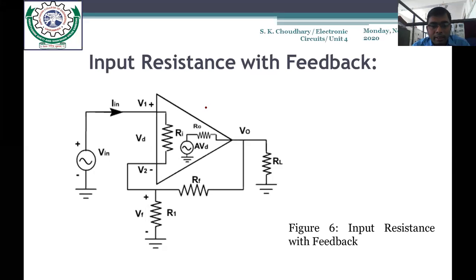Okay, so here the same circuitry has been shown. This Vin is applied to the non-inverting terminal, V1 is here, and V2 is the voltage of the inverting terminal, and we have applied a feedback through Rf and R1. VF is the voltage drop across R1, but we also have to show that internally there is an input resistance between these two terminals, inverting and non-inverting, that is Ri. This is the modification we have done in this particular previous circuitry, and the current Iin is flowing into the op-amp. And we have also drawn the equivalent circuitry of the output network as well, where we have shown that there is some arbitrary